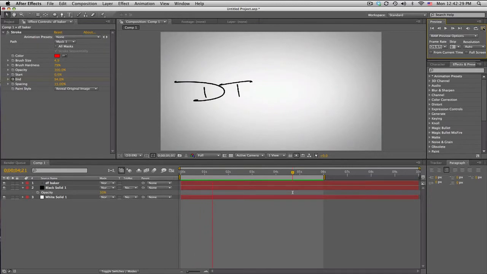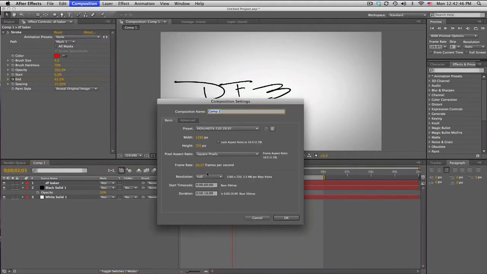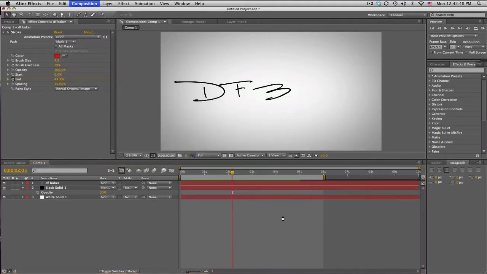Here's what I'll be going over. It's going to be some handwriting text reveal. Pretty sweet. I use that in my intro. I already did the particle smoke, and this is basically the only other thing in my intro. So, that's pretty cool. Let's go ahead and make a new comp. 720p is fine, 10 seconds, that's fine for an intro.